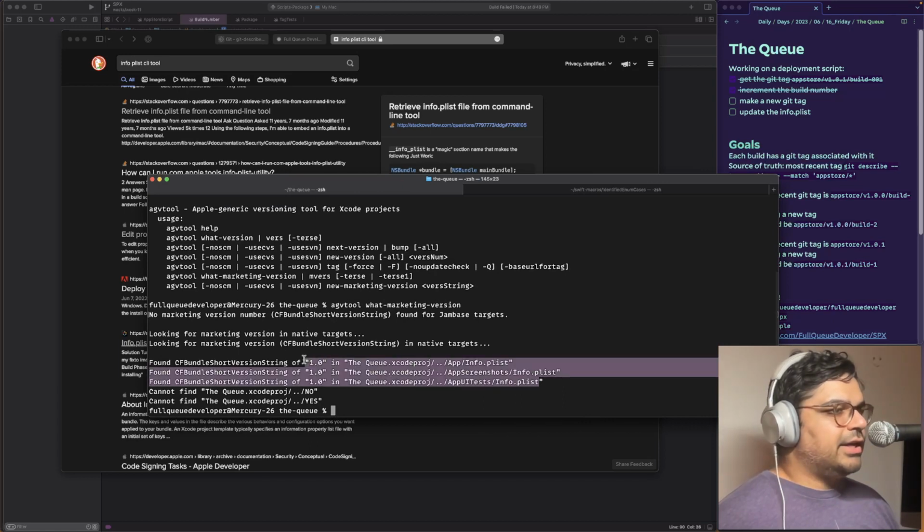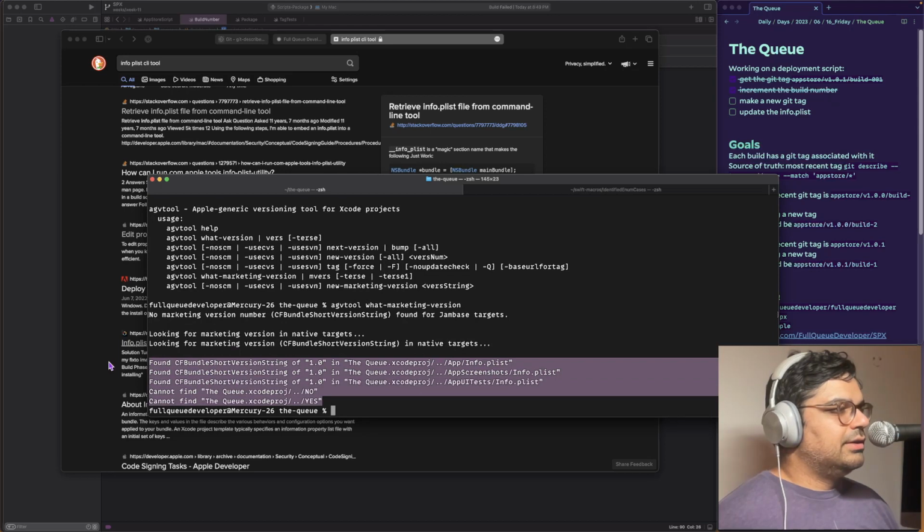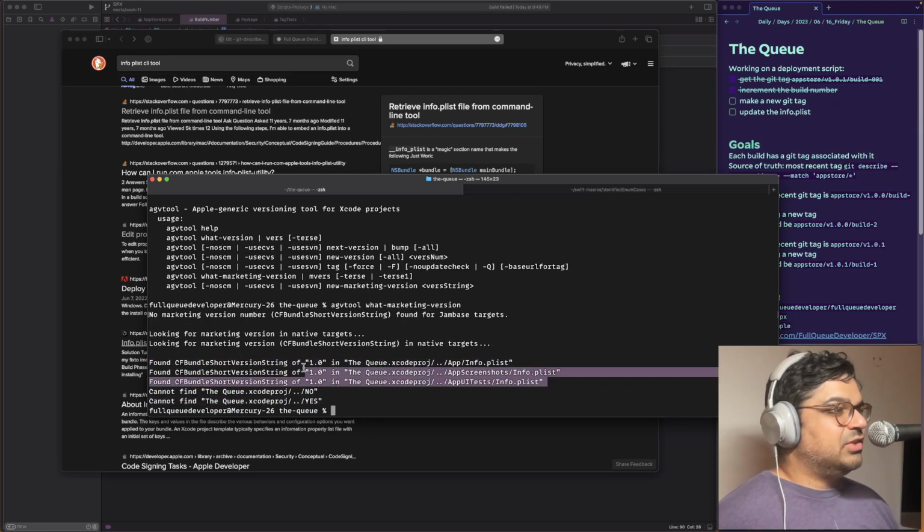Oh, it is looking inside of the Info.plist. Oh, but it's going to update every single one. I don't care to update the version numbers of the screenshots or UI tests, and not sure what it can't find here. But